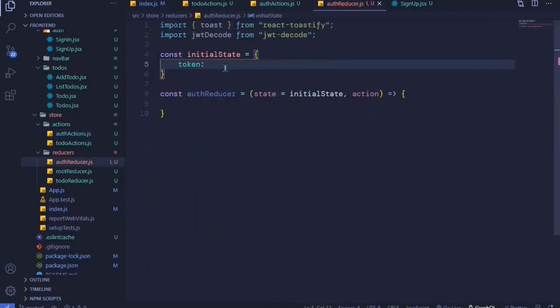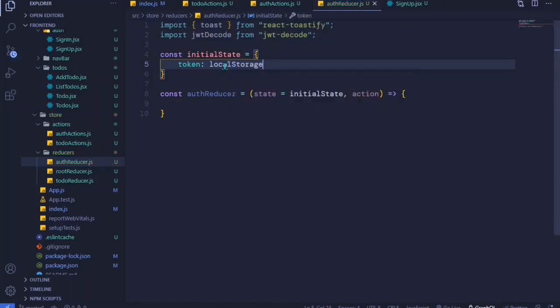So this will have some persistency whenever we refresh the page, or whenever we come back later and try to access our application, we'll already have a token at the local storage, and we can get that token and set it to our state. Okay, so right here I'll use the localStorage object